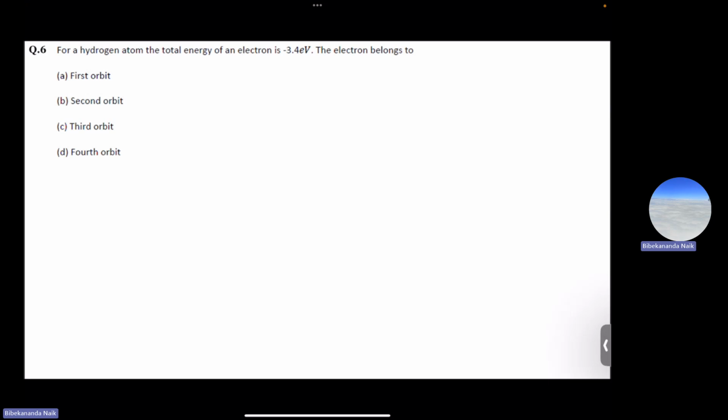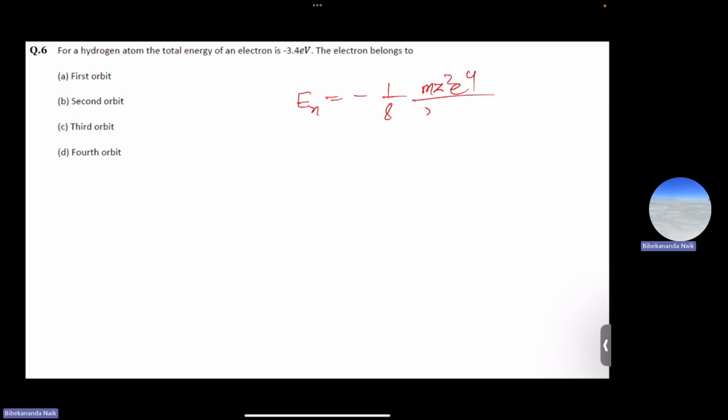So the question was, for a hydrogen atom, the total energy of an electron is minus 3.4 electron volt. The electron belongs to which orbit? Before a few questions, we just calculated the total energy of an electron in an nth orbit of the atom, and the expression was En is minus 1 by 8 times m Z square e4 by n square h square epsilon 0 square. So putting all the values, we will get,